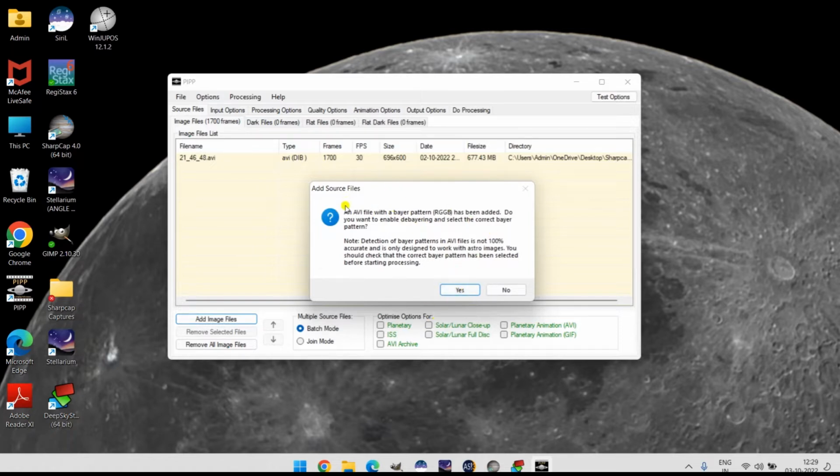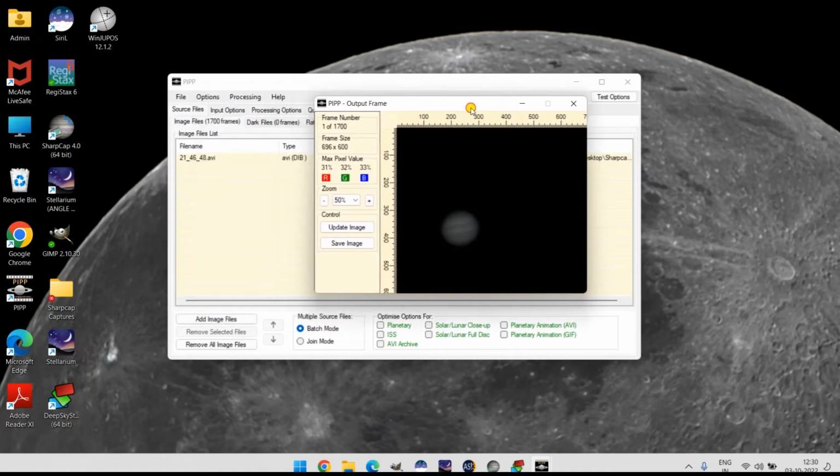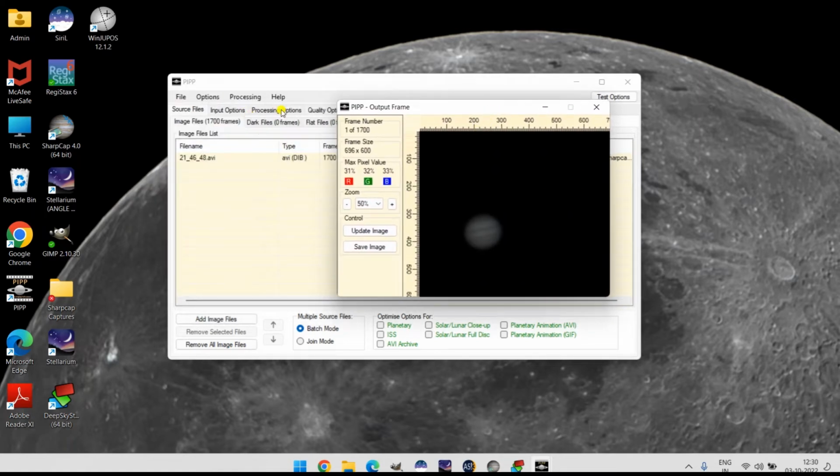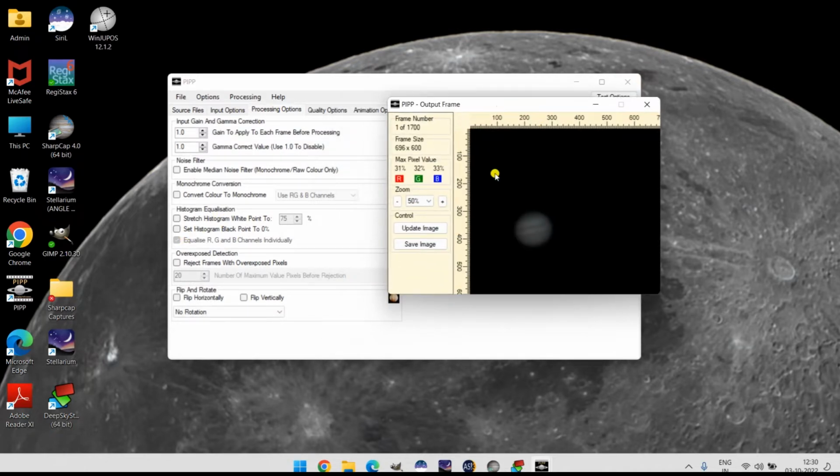how it's done. So the moment you open this file, you're gonna get an option that says add the Bayer pattern. So the Bayer pattern is in RGB. So I'm gonna click on yes, and that's just colorizing the video from the black and white raw to this color. So the next thing I'm gonna do is go to processing options, and because the video looks a bit